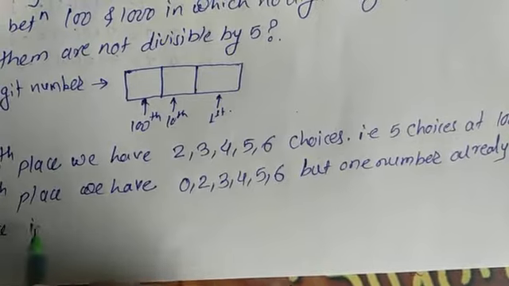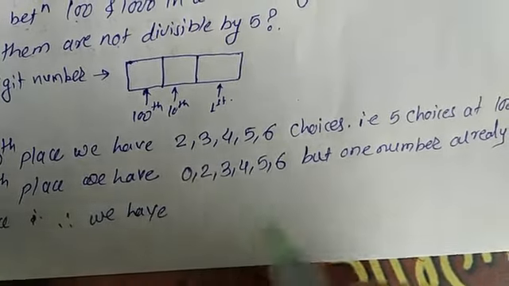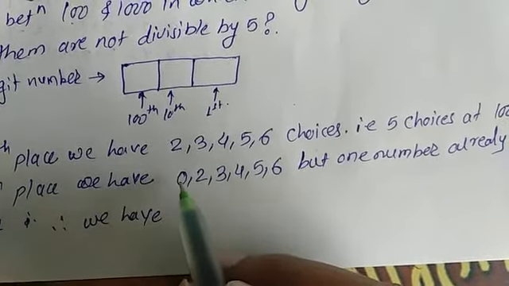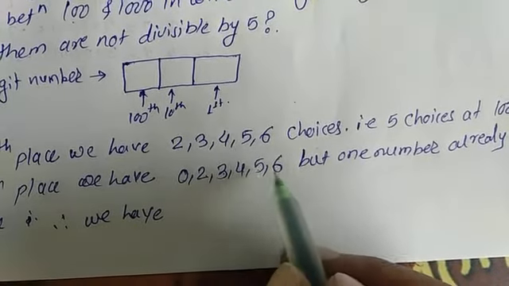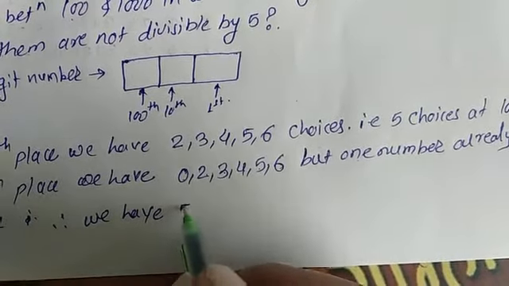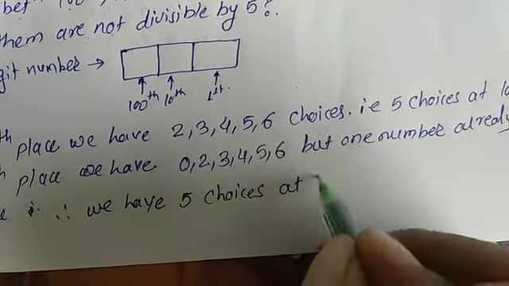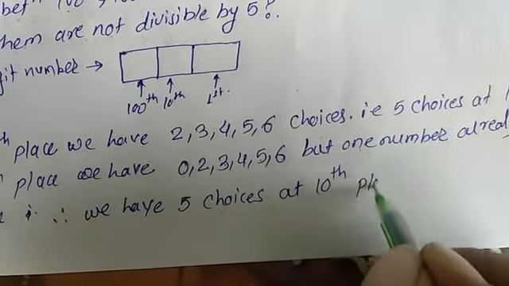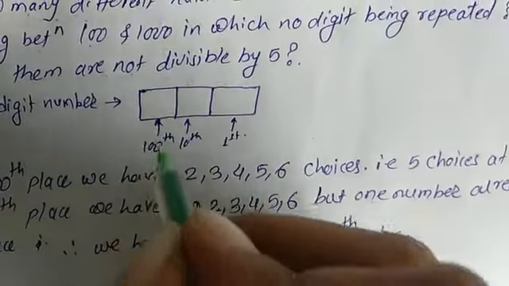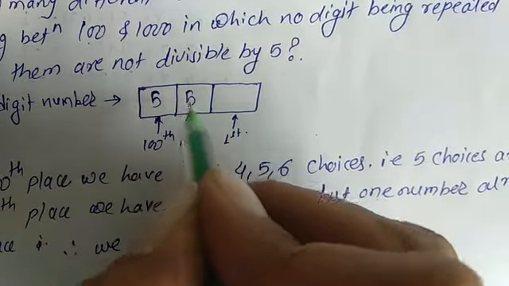Therefore, how many choices do we have there? Here the total numbers given are 1, 2, 3, 4, 5 and 6, and from that one number is used, so we have 5 choices at the 10th place. Okay, at the 10th place also we have 5 choices,